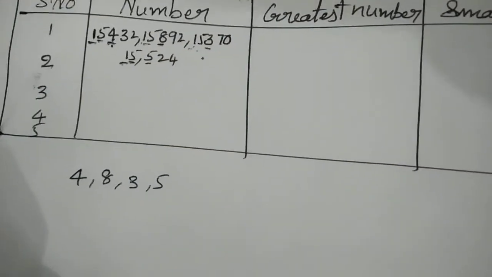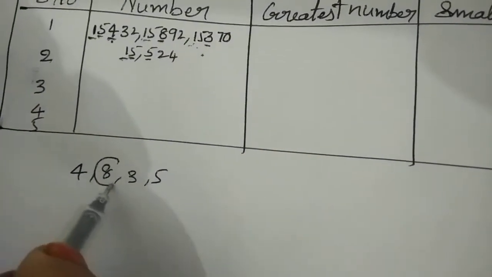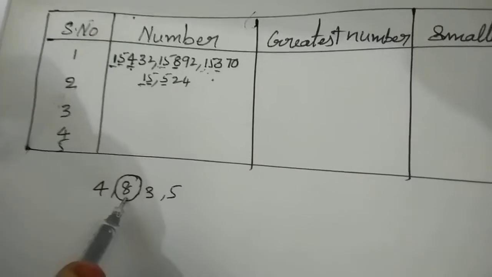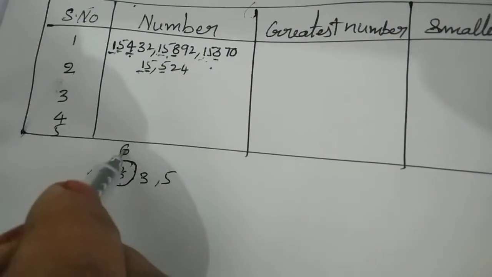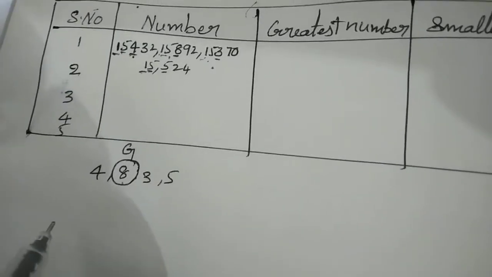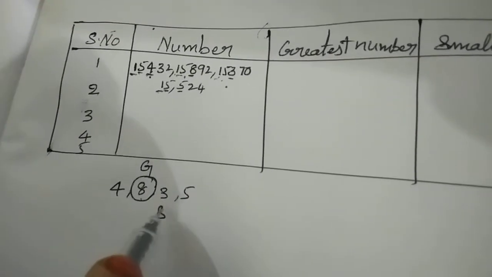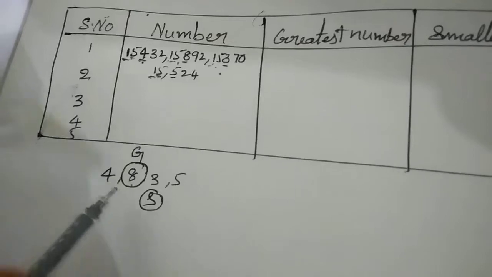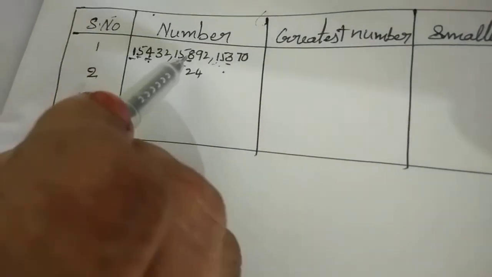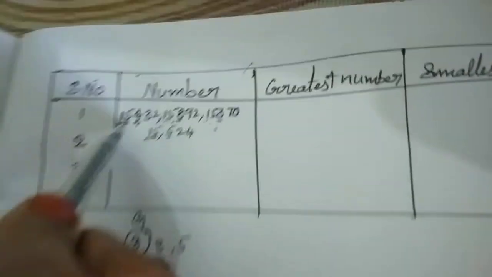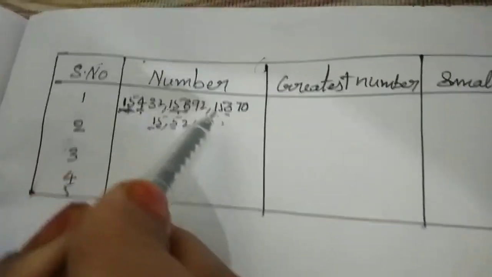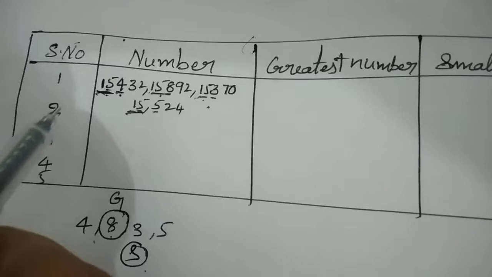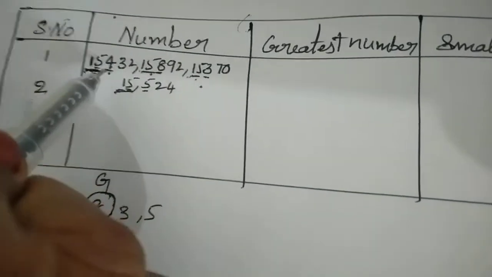Which is the big one? So this is the big digit. So the number having this digit, that is the greatest number. And which is the smallest one among the three? Okay, good. This is the smallest one, greatest one, smallest one. I took the hundreds place. Why? The 10,000 and thousands places are same. 15,000, 15,000, 15,000, 15,000. So we should go to the next place, which is the hundreds.